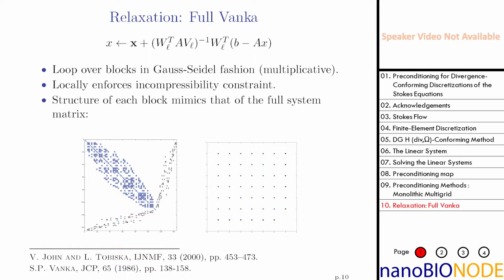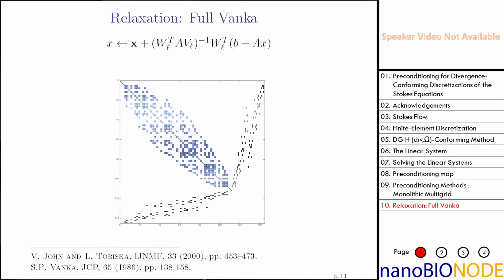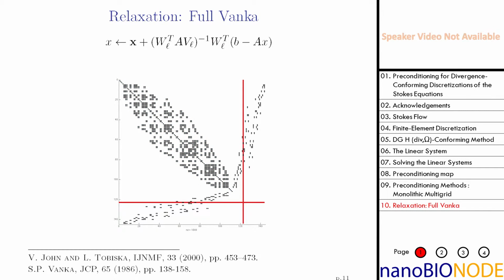So basically, we're going to loop over all of our blocks. Our blocks are going to be indexed by a pressure degree of freedom. So this is going to locally enforce an incompressibility constraint, because you can think about looping over all of the rows of this B matrix. And the structure of each Vanka matrix is the same as our global matrix, but how do we form these actually? So we start with our system matrix, and then we